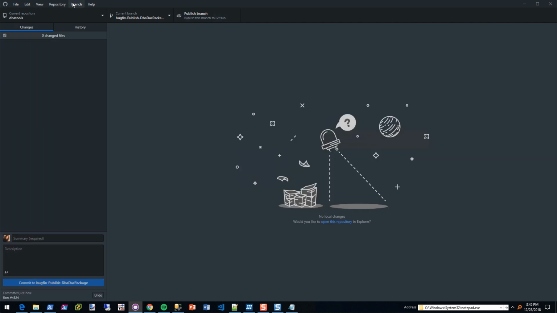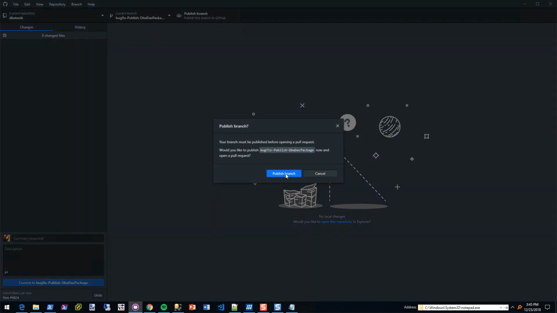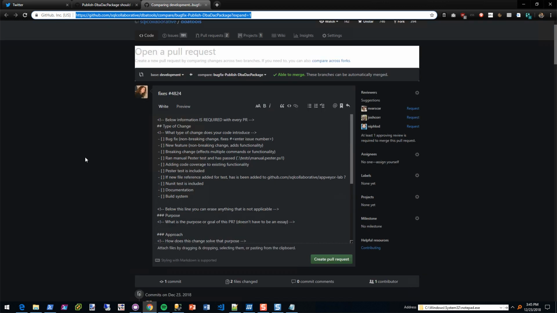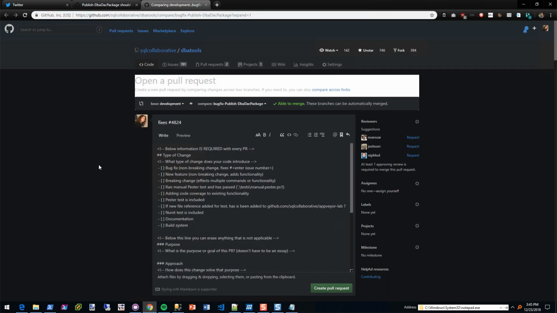So I'm going to create a pull request, publish the branch. Oh, please don't mind my dark theme, but it's not supported natively, and so this just needs to be updated.